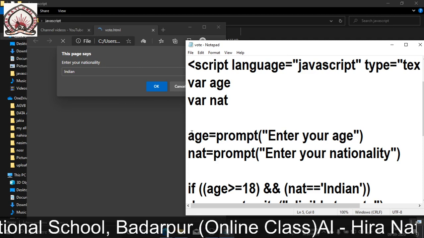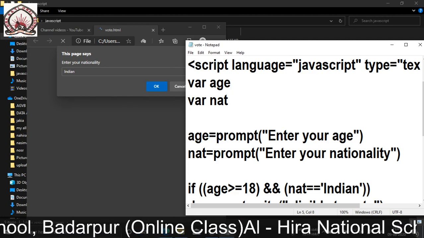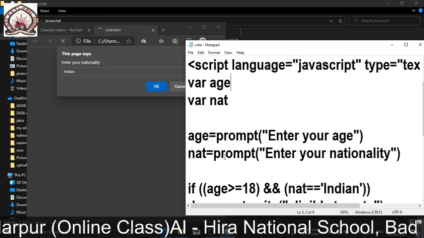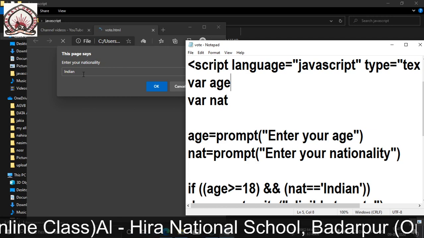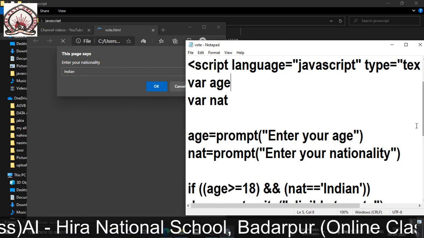Now see the code. What is the value of age? Age is 19. What is the value of net? The value of net is Indian, because I have entered Indian.